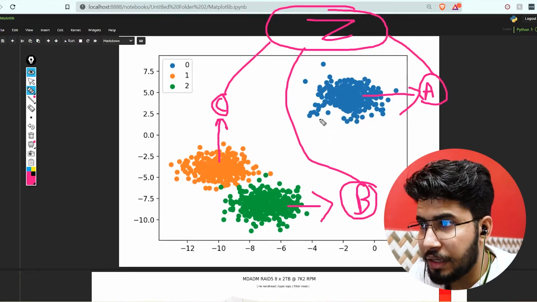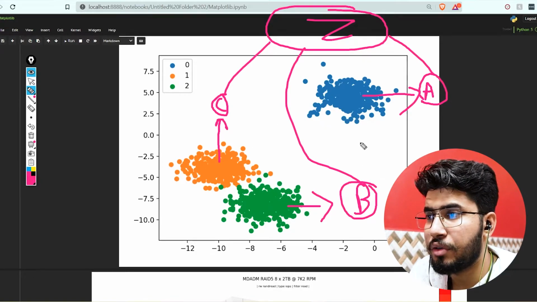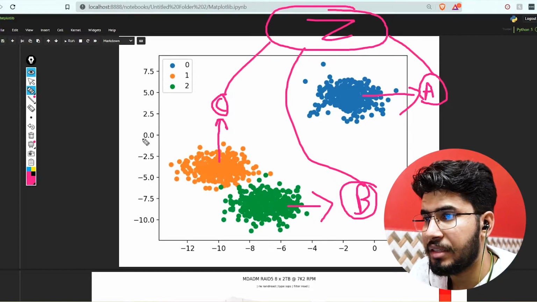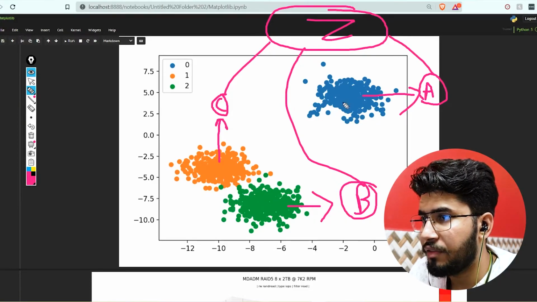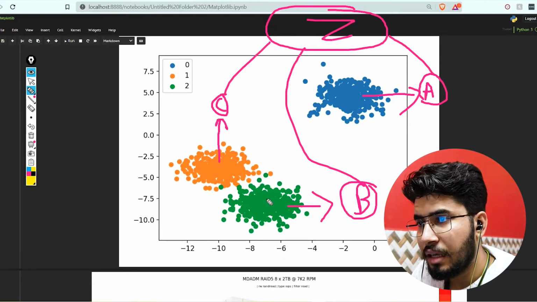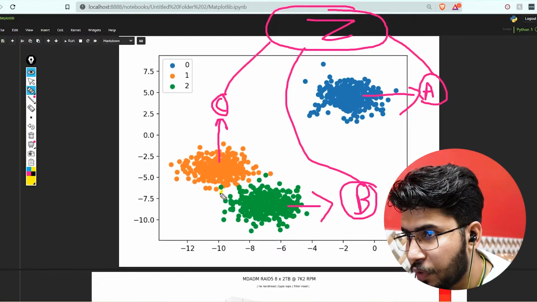So by giving this representation to your employers, you can make them easily understand that we have these kinds of people, these kinds of people, and these kinds of people. And you can also see this point, and let's say this point.